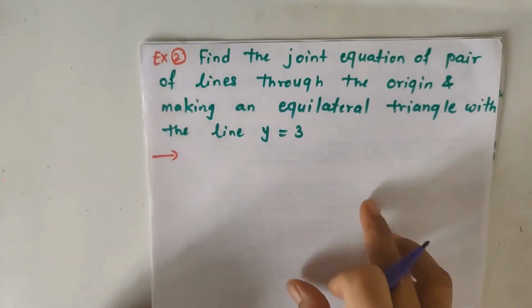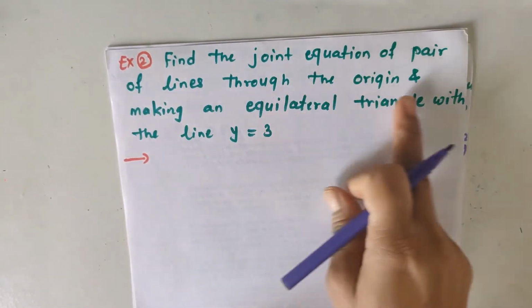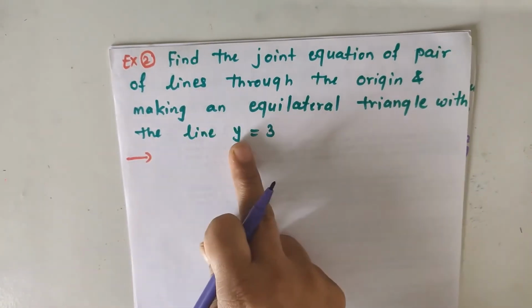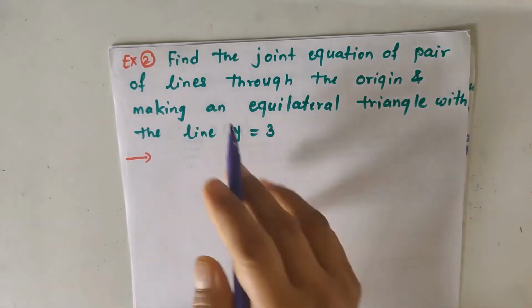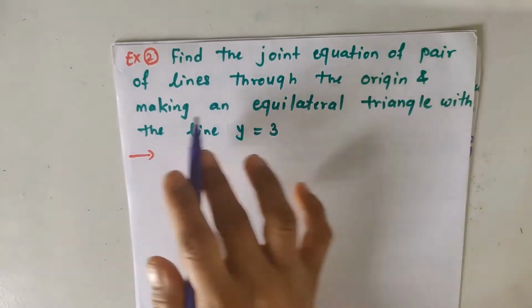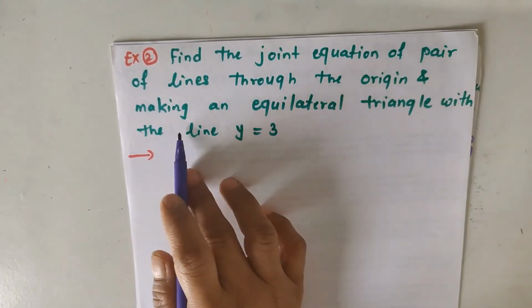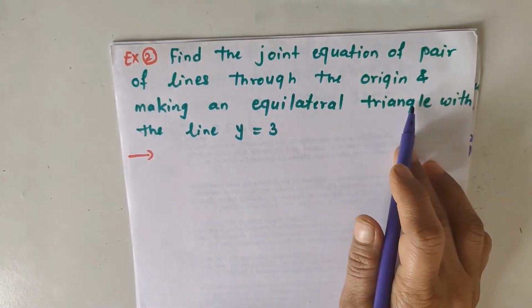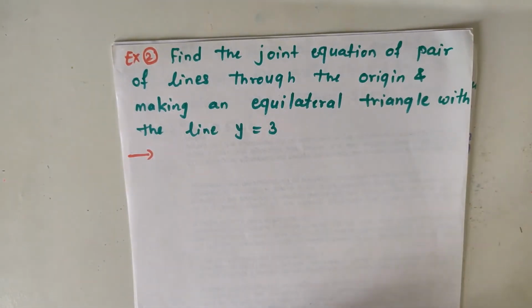Now let's see the second example. Find the joint equation of the pair of lines passing through the origin and making an equilateral triangle with the line y equal to 3. Here we have to find the joint equation of the pair of lines passing through the origin, making an equilateral triangle with the line y equal to 3. So first let us draw